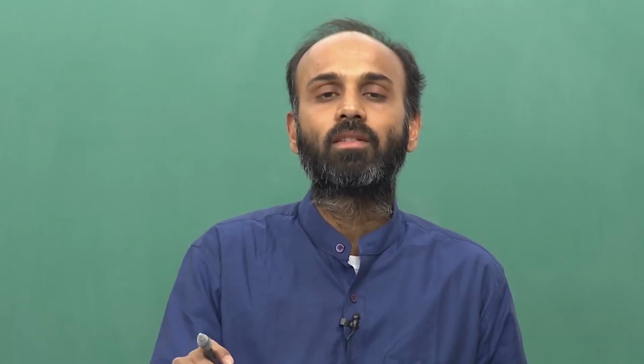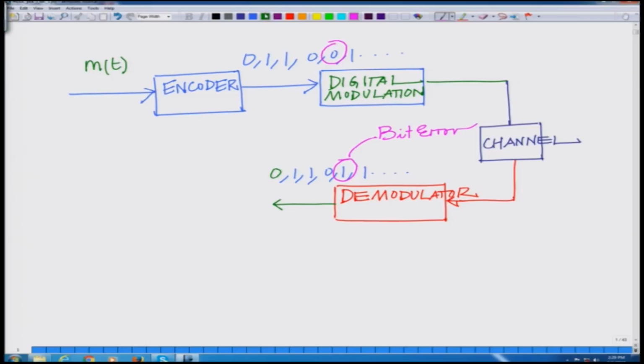The demodulated stream of bits is not exactly equal to the modulated stream of bits, and this arises due to various factors, such as the noise at the receiver and the fading channel if the channel is a wireless channel, and this is termed a bit error. This is followed by your decoder. So, you have the stream of bits followed by a decoder, in which you can convert the bits back to your message, followed by an appropriate suitable